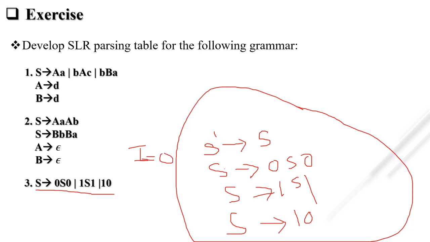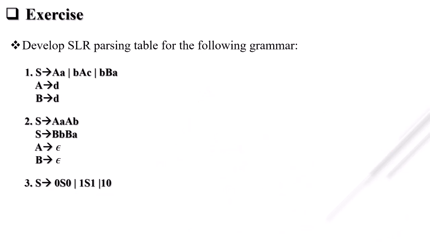If you have any query while constructing the SLR parsing table, you can contact me. Hope you understand this SLR parsing. In the next video we are going to perform CLR, that is canonical LR. Once you have a grip on this SLR parsing, then you can easily understand CLR and LR. So you have to perform the exercise that I have already given you. Then we can shift to CLR, so it will be more understandable to you.